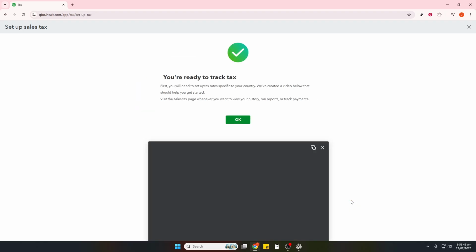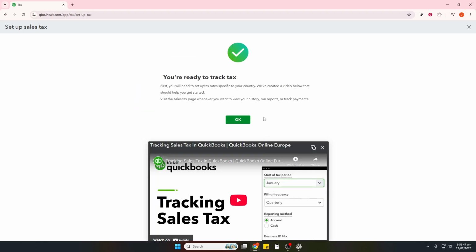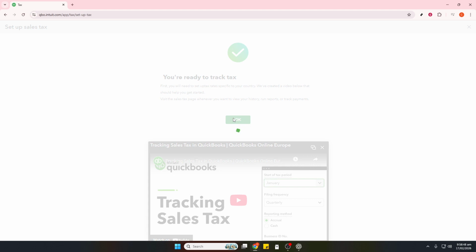Finally, for visibility and records, go to Reports and search for Payroll Summary, Payroll Details, and the Tax Liability Report. Download or